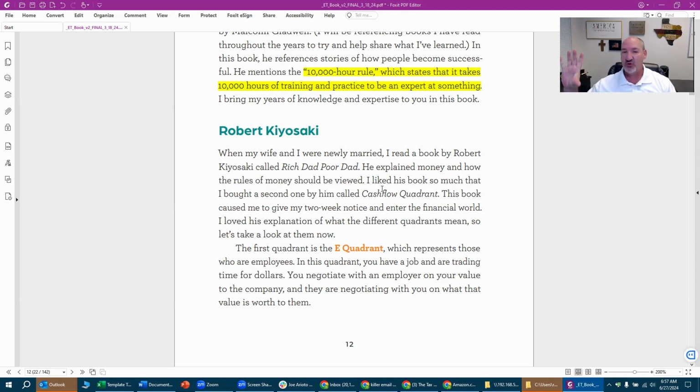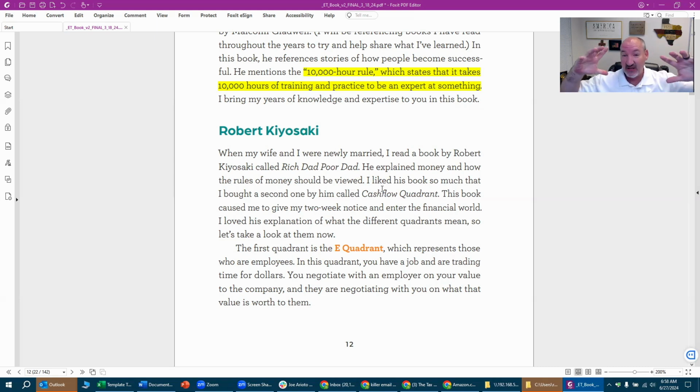The same is true on rich dad's side. Okay, there are consequences. Just because I'm a business owner doesn't mean I don't have headaches. I have different headaches than I did when I was an employee. Not one headache was better than the other. They both were painful, and they both have to be dealt with. Okay. And so that's what we're doing here, is we're dealing with this by understanding the education.